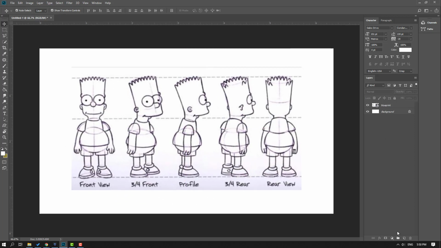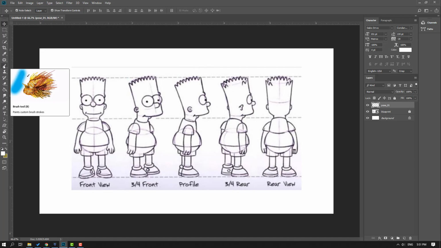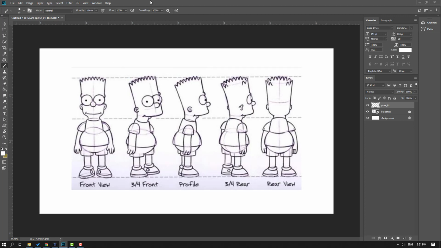Okay, then let's create a new layer and name it pose 1, and select this blueprint. Let's click lock layer, and go to select pose 1, click this brush tool or press B on the keyboard, and let's